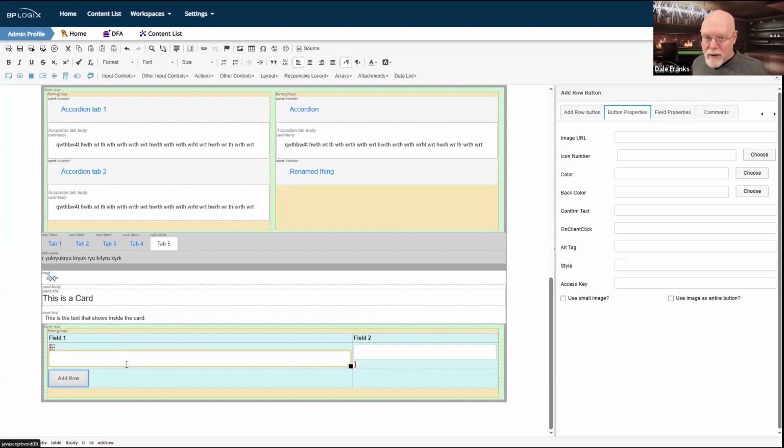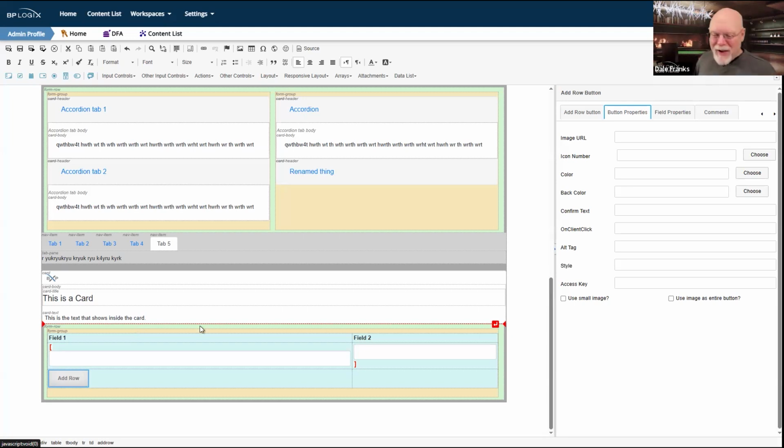You would not, however, try to spread an array across a form row. It's not going to work the way tables work. The array still has to be inside a table. If you say, okay, well, I'm just going to have 2 form groups in a form row, and the very first thing I'm going to do is throw in my start array control, and then I'm going to put one control in form group 1. I'm going to put a second control in form group 2, and then I'm going to stick an end array control at the end of form group 2, and everything is just going to work great. That is not true. It will not work great.